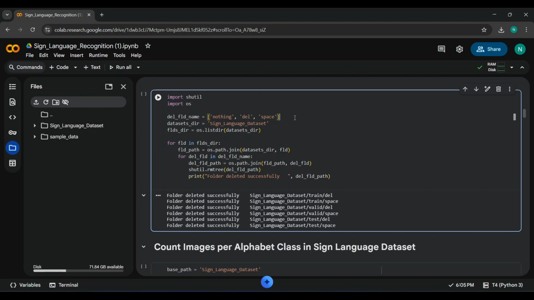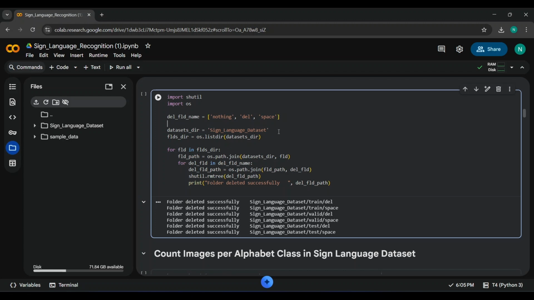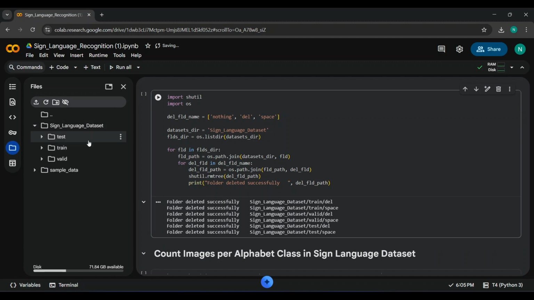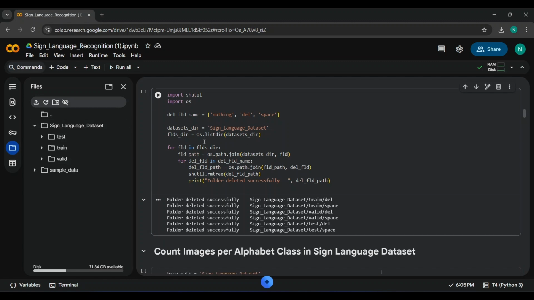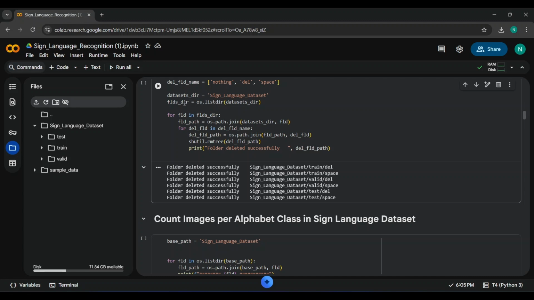This is the annotation dataset directory, and we have to use os.listdir. It will give me the folder names: test, train, and valid. After that, I will iterate over these folders. It will give me the first directory name. After getting the folder name, I will create a folder path. Inside that folder path,